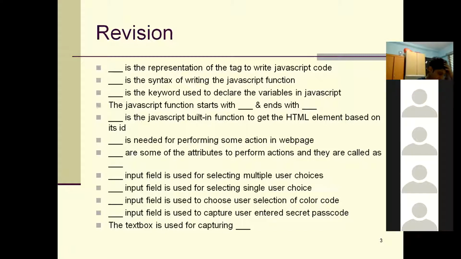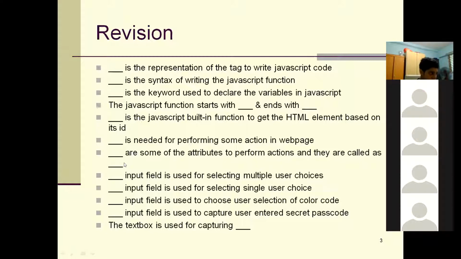See here, I'll tell this one. We have a keyboard, right? What are the accessories connected to your laptop? Keyboard, mouse. You can perform certain actions using keyboard and mouse. So the actions are like onkeypress, onkeydown, onkeyup, onmousedown, onmouseup, and similarly onblur. Similarly for mouse and for keyboard. So you can give onkeypress on input. These are all the attributes to perform certain actions, and they are called events.